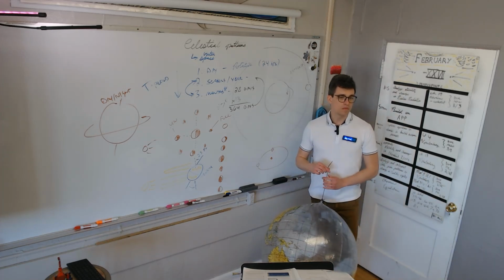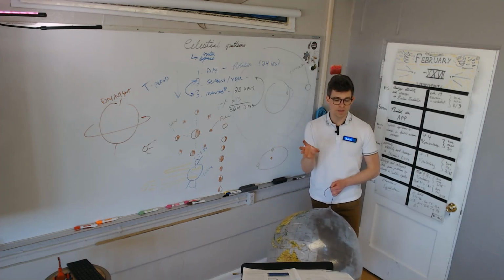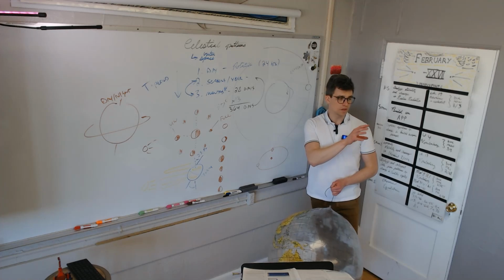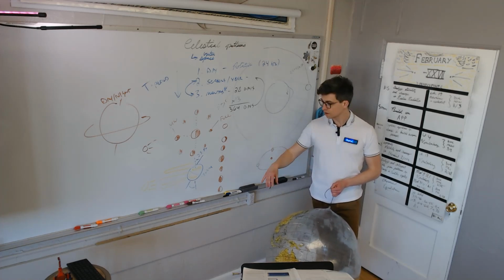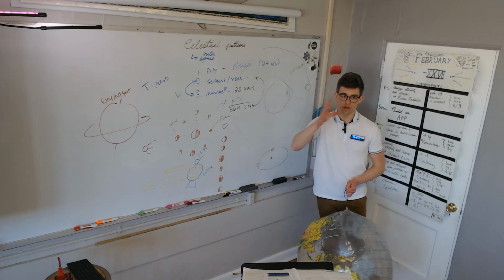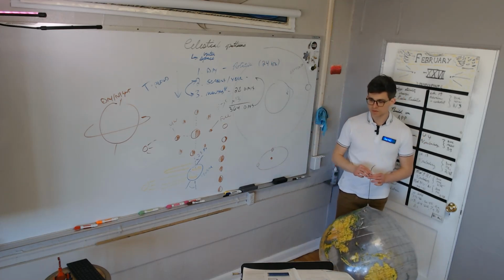In fact, the celestial special date in spring and autumn is the equinox, which is where the day and the night are the same length. And in the summer and the winter, it is the solstice, where the longest night is in the winter and the longest day is in the summer. You might remember those days.